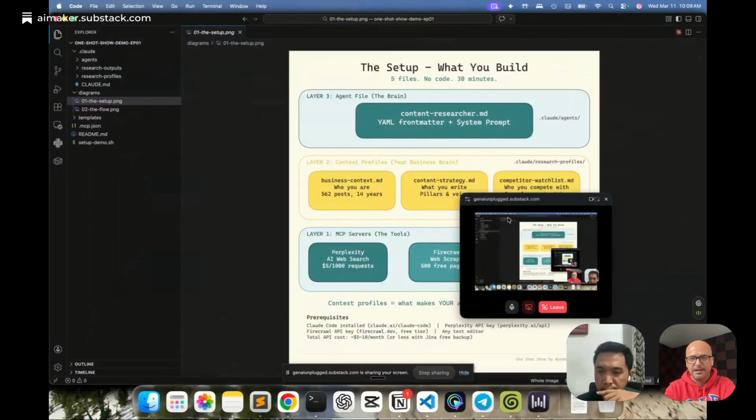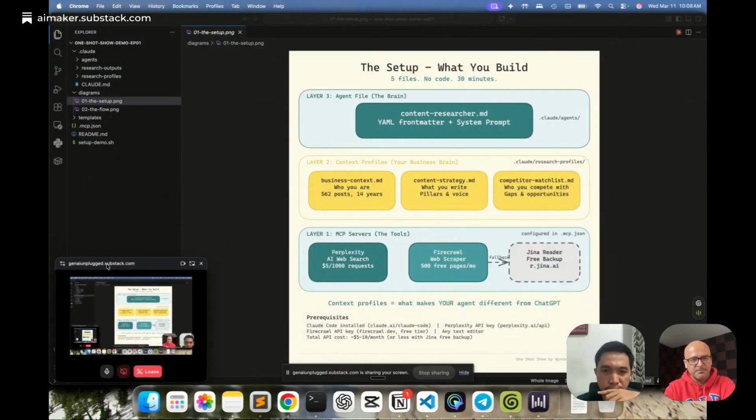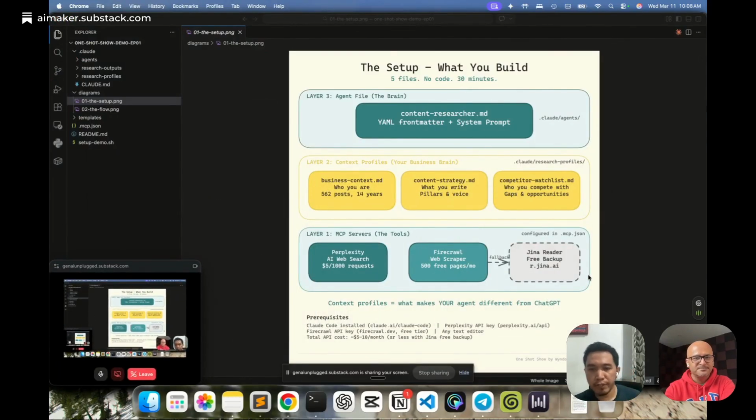Right. Okay. So should we start? Yeah, let me share my screen and let's quickly deep dive and start creating the agent. All right. Let me know if you all can see my screen. Sorry guys, this is the first time that we are using the screen share feature of Substack, so if something happens, just let us know. Okay, I think you should be able to see it for now. Are you able to see my diagram? Yes, we can see it.